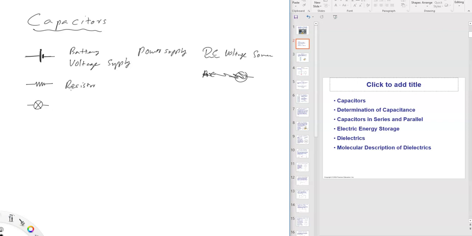So a few more things that we need to discuss before getting into the actual capacitor discussions. One is a simple electric circuit which you already know. For example, let's say you have a battery connected to a resistor, right? So here we have, let's say, a small 1.5 volt battery. Here you have a 10 ohm resistor.